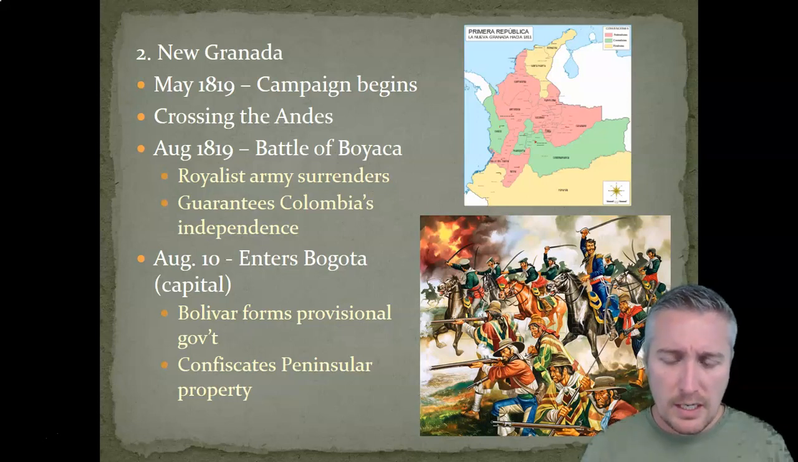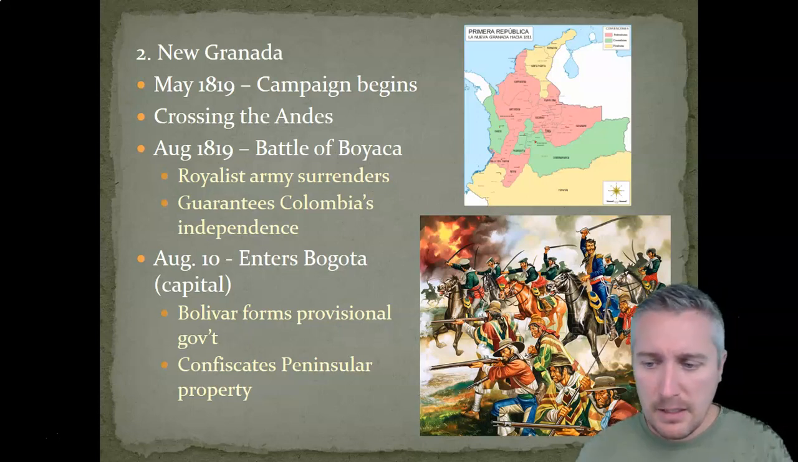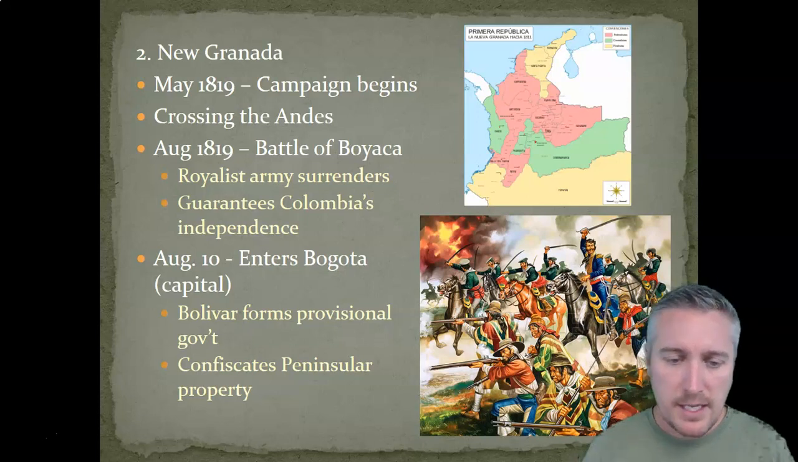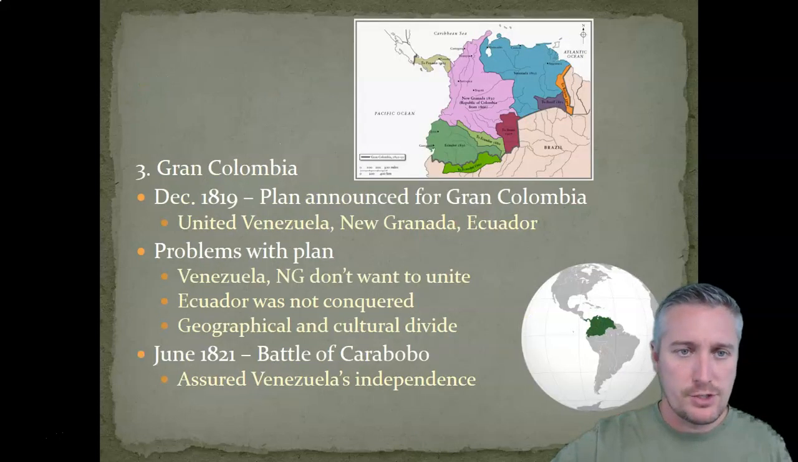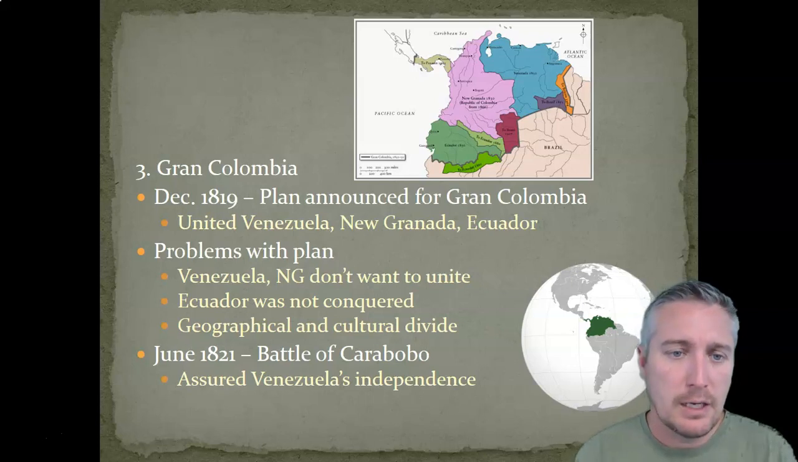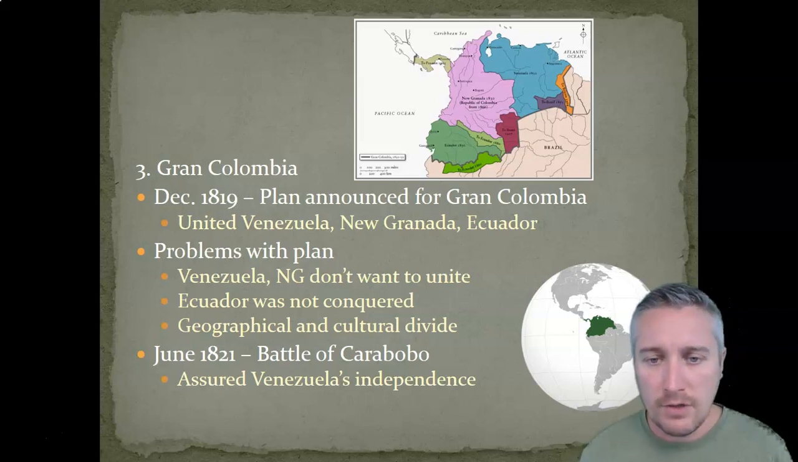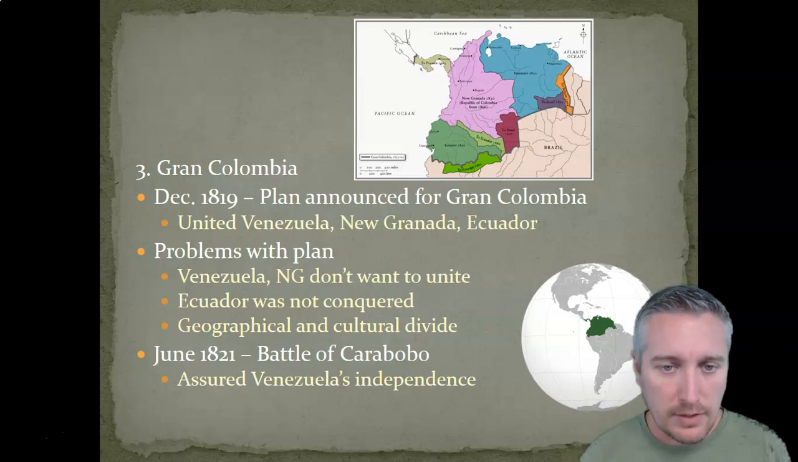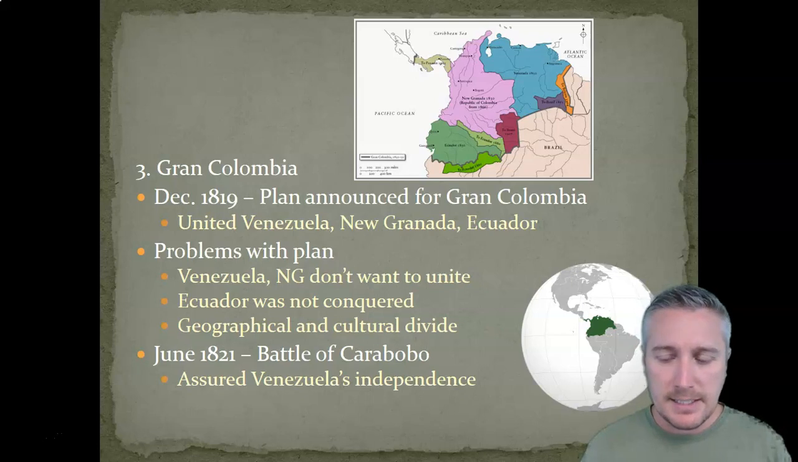And so New Granada is liberated, this area in the northern part that makes up about 5 different nations, Colombia being part of that. And his goal of trying to unite multiple regions is starting to come to fruition. So he announces this plan for what's called Gran Colombia. His idea is, let's unite the northern part of South America first, and then eventually we can liberate the rest. In December of 1819, he announces this plan to unite Venezuela, New Granada, and Ecuador together into a single state